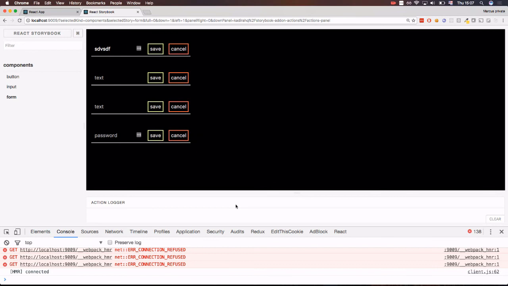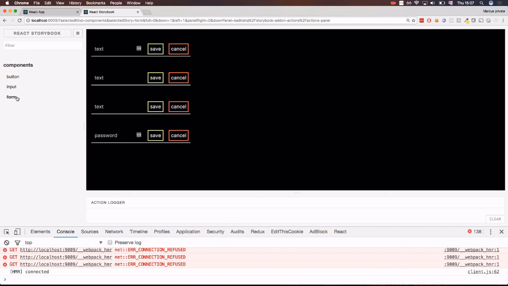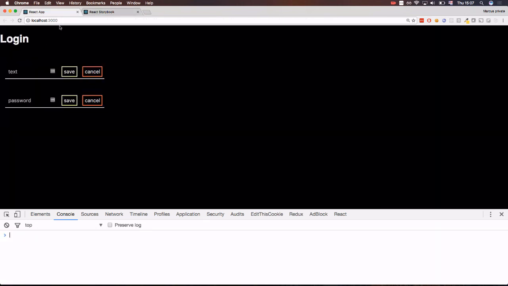So that's why Storybook is really important. You need to get some kind of feeling for what the view looks like to get an overview. If you need to look at the entire application, right now it's just like this. But once you start adding more, it gets more complex. You need some kind of registry to see how it works. The last thing, one last